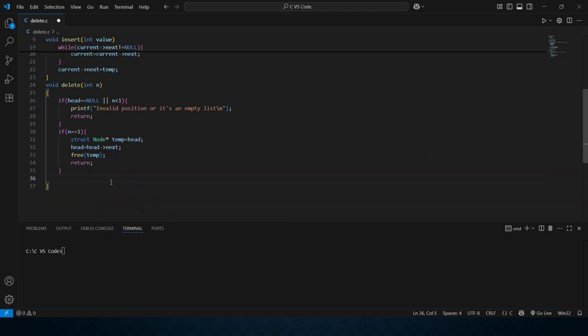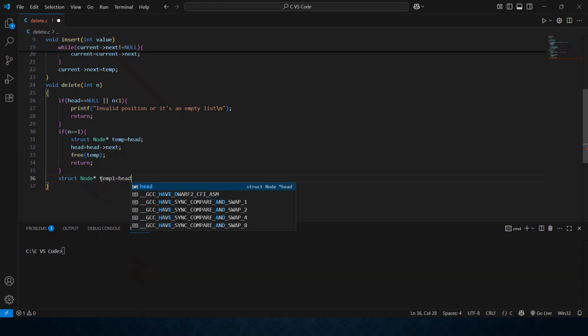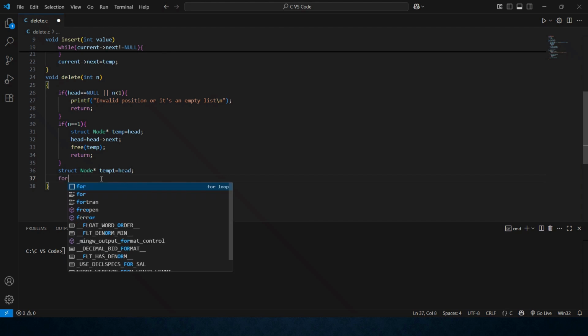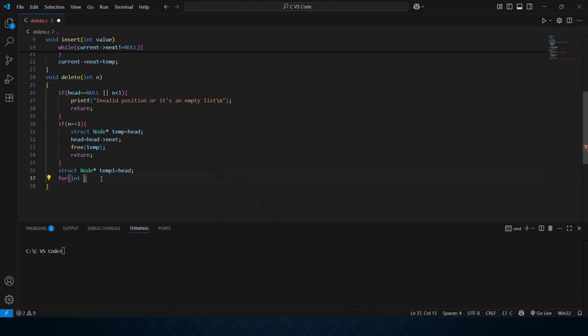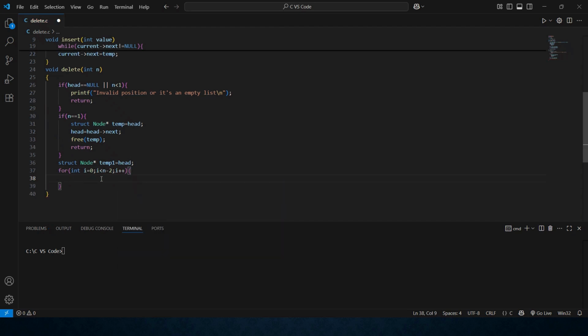Or else if I want to delete something apart from the first position, then I create a struct node temp1 which points to head. Now I need to traverse till the n-1th position. So int i is equal to 0, i lesser than n-2, because I need to traverse to the n-1th node, i plus plus. Then if temp1 of next is equal to null,